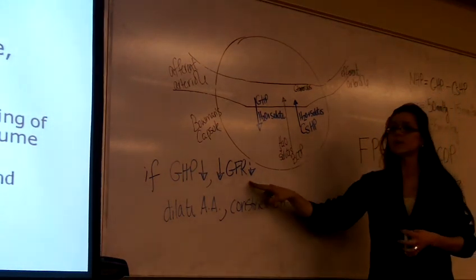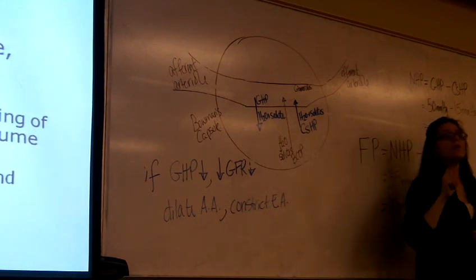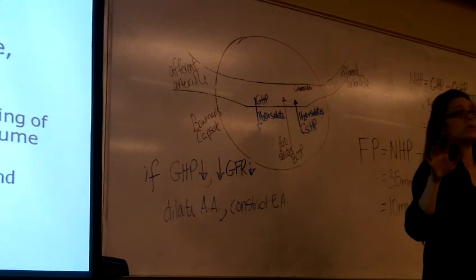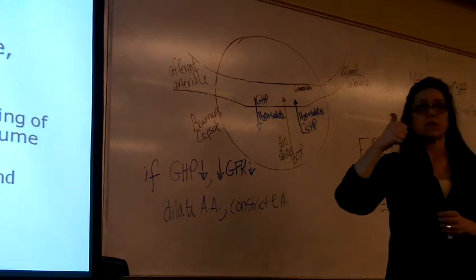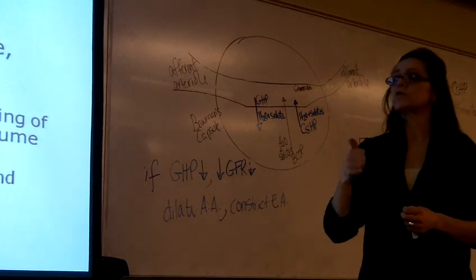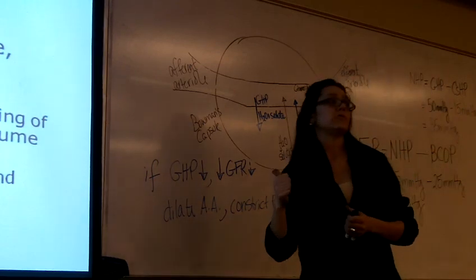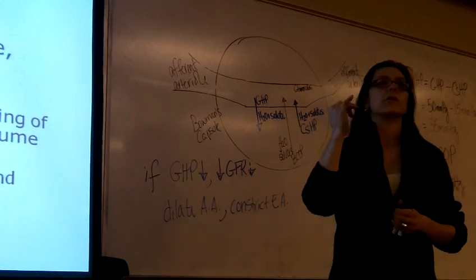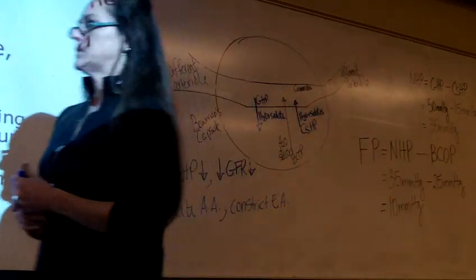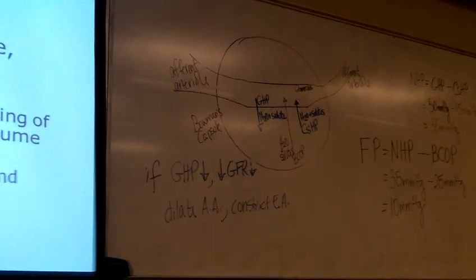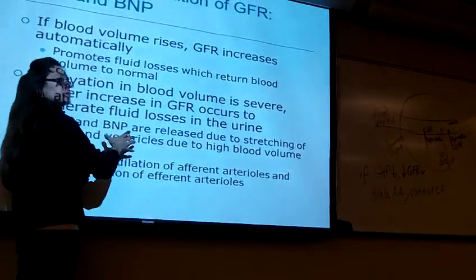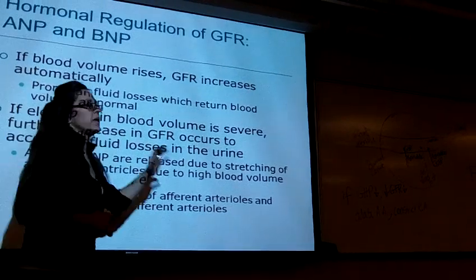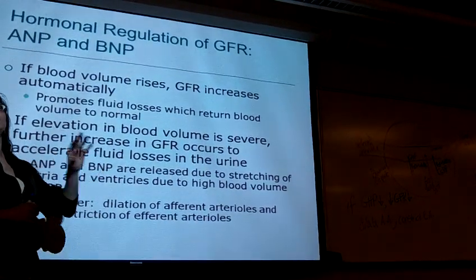And if we make filtration rate high, then what are we doing ultimately to how much urine we're producing? Increasing it. And if we increase urine production, what are we ultimately going to do to our blood volume? Drop it. And then blood pressure will drop. Okay. So don't get confused. These are happening in extreme situations. And in these situations, you want to start making a lot of urine to try to get that water out